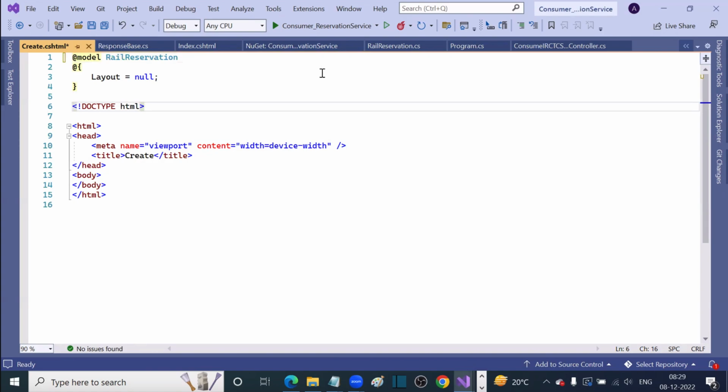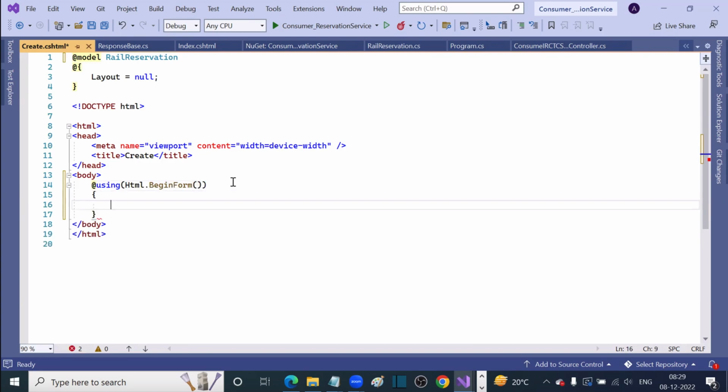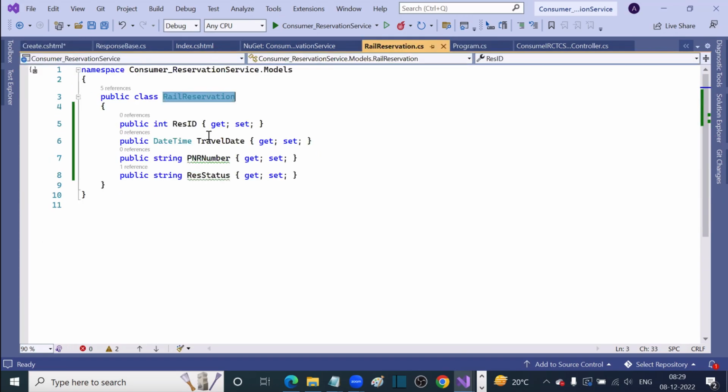What else? TextBoxFor. We have to create a form, right? So here we go and prepare a form. Here we have to prepare how many things? Let's see how many things are required here. Reservation ID will be auto-generated, only the travel date and PNR number, right? The PNR number and the reservation status. That too,